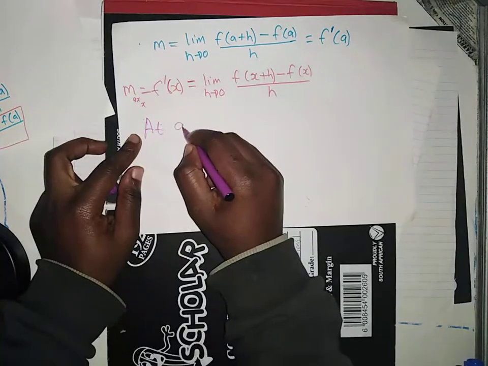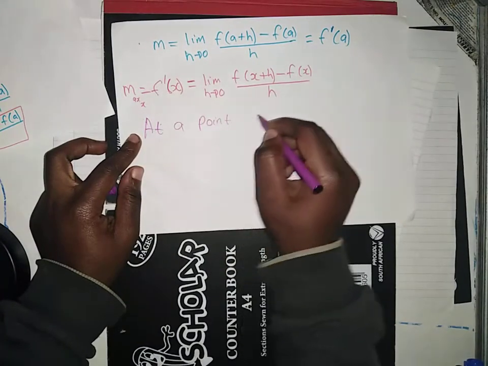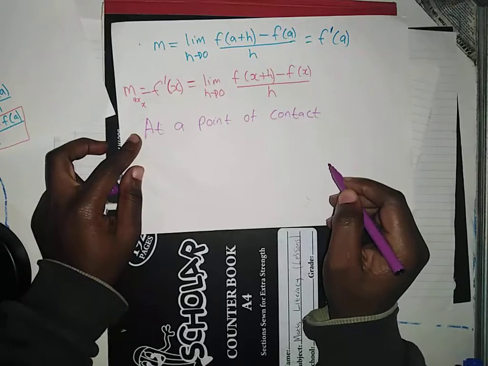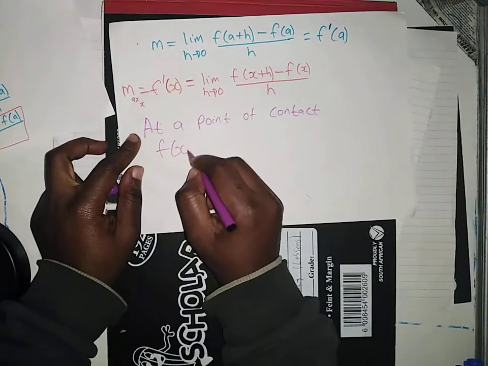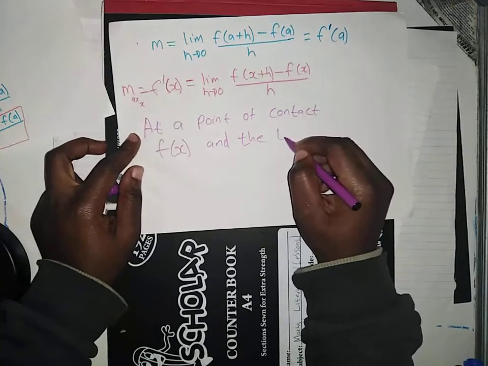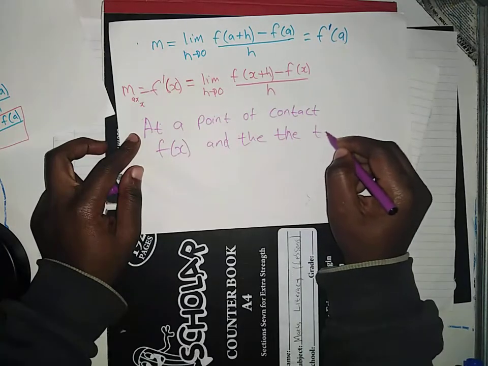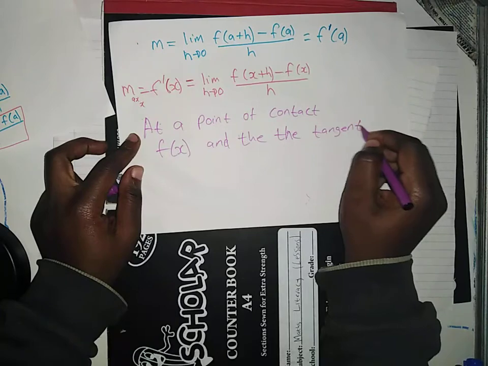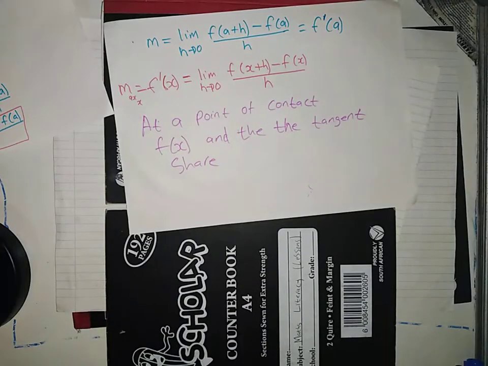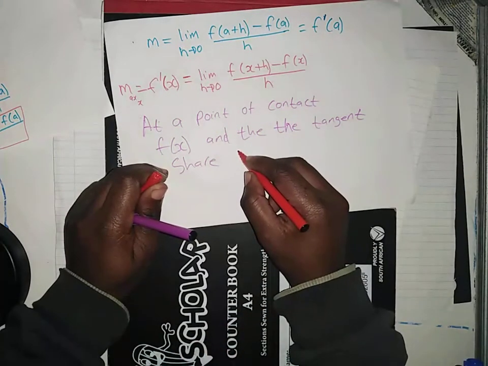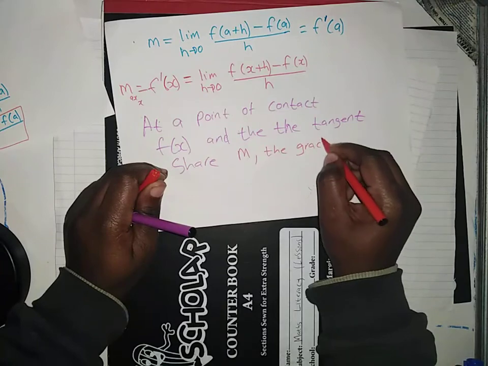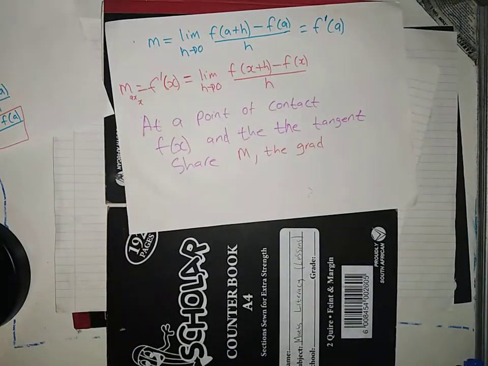At a point of contact, f at x and the tangent share m, which is the gradient. So they share the gradient,